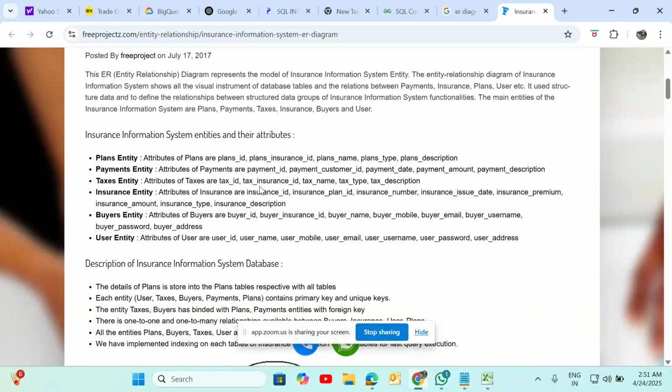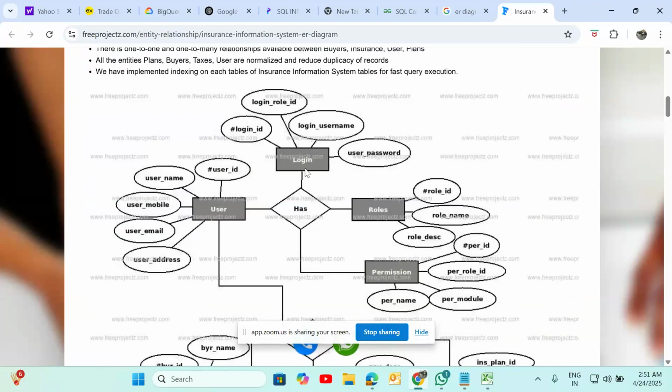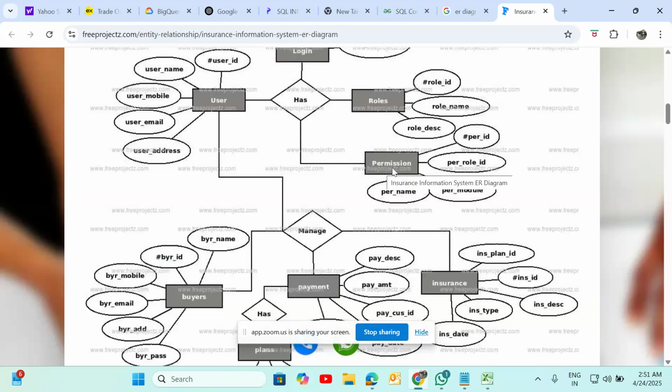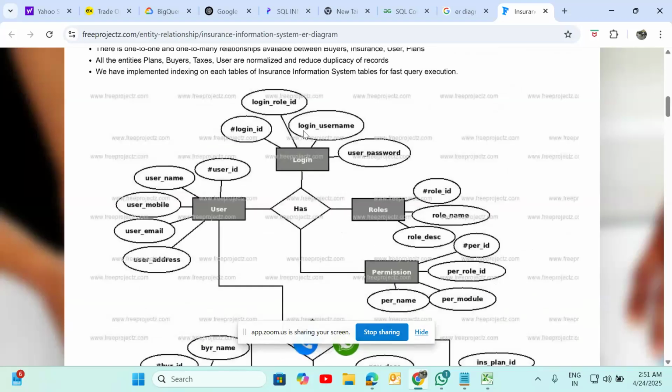Here we have login ID, username, password, and what is your role. User ID, username, user mobile number, user address, and permissions.